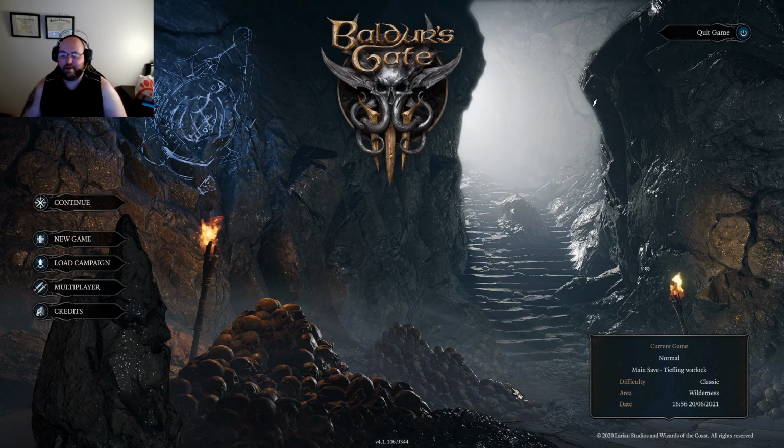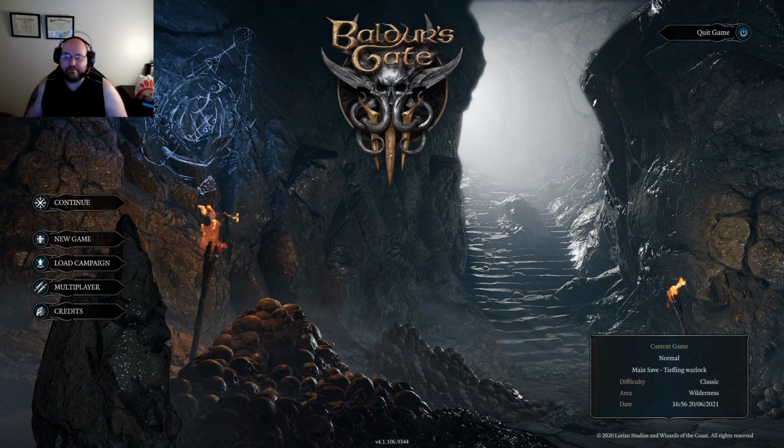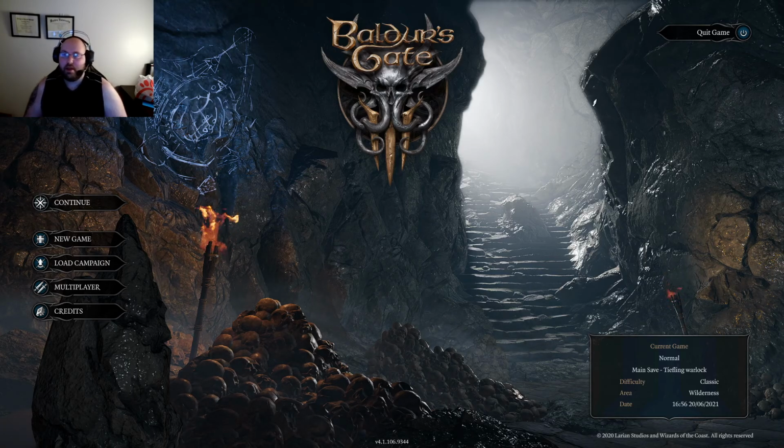if you're an RPG fan of any kind. If you play Pillars of Eternity, if you play Skyrim, if you play any kind of Elder Scrolls game, really. If you play Fallout games, if you play Dragon Age, anything like that, I thoroughly recommend you get Baldur's Gate 3. You can get it in early access right now. It's perfectly playable in early access. There are some bugs, but they're very few and far between. The only bug I think I've ever encountered was